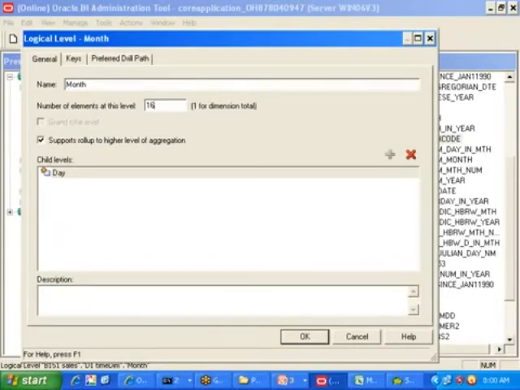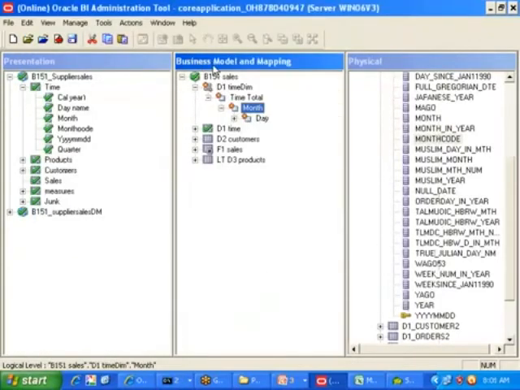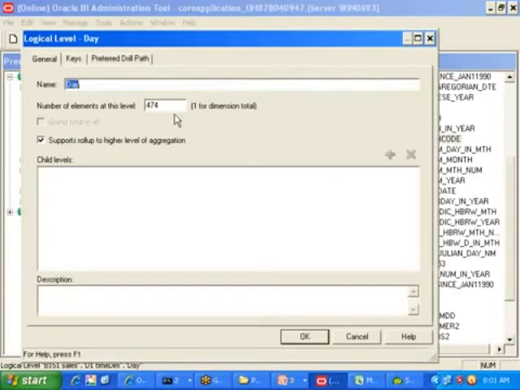You may ask one question, sir: tomorrow my database is loaded with some more months, it will be 17, right? I need to change this one. Yes or no? I cannot follow this rule, right? That is the reason Oracle can come up with one more rule also. That rule is, top to bottom, this number should be in increasing order. That means your month I have taken 16, the day level should be more than 16. It may be 17 also, it can take. It should not be an exact number. Am I clear?